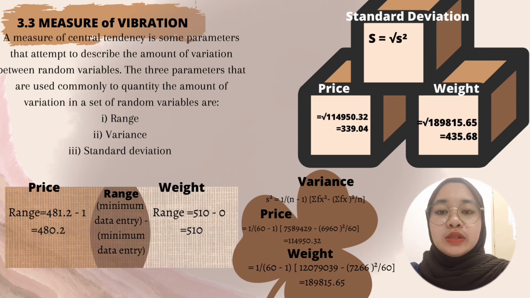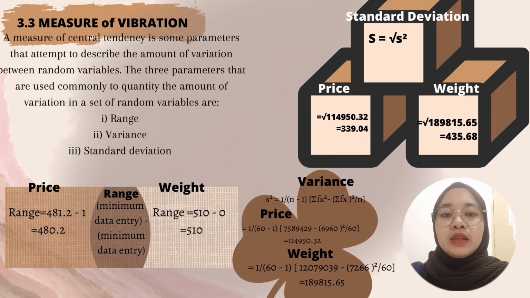A measure of variation is some parameters that attempt to describe the amount of variation between random variables. The three parameters that are used commonly to quantitate the amount of variation in a set of random variables are 1. Range, 2. Variance, and 3. Standard deviation. The maximum data entry for the random variable of price is 481.2, while the minimum data entry is 1. Therefore, the range of the random variable of price is